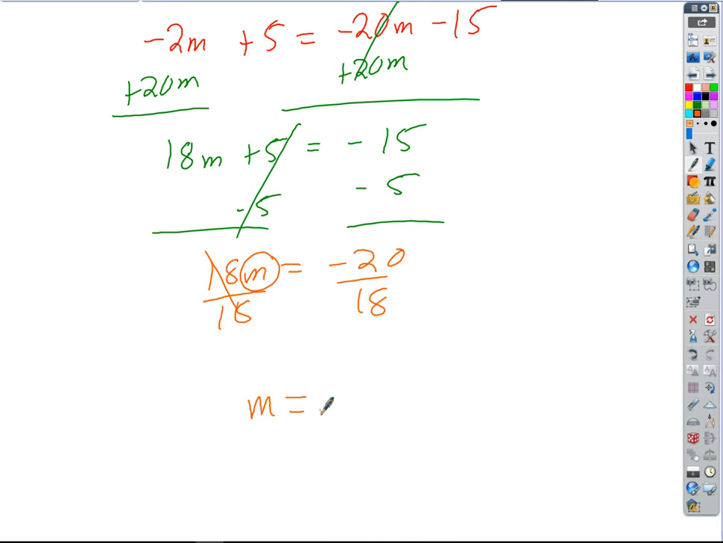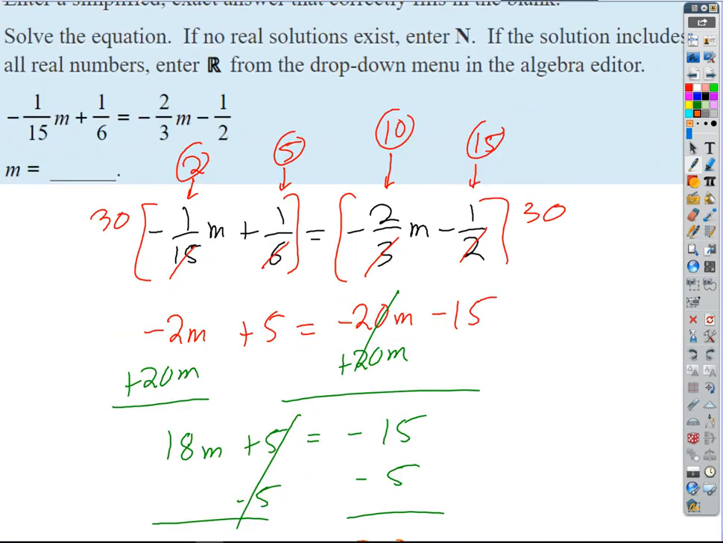So how could I reduce that? What number divides into both? 2. 2 goes into negative 20, negative 10 times. 2 goes into 18. There's our answer. Okay. Do we roll the dice? No. We put that in as a fraction. Just put in 10 over 9